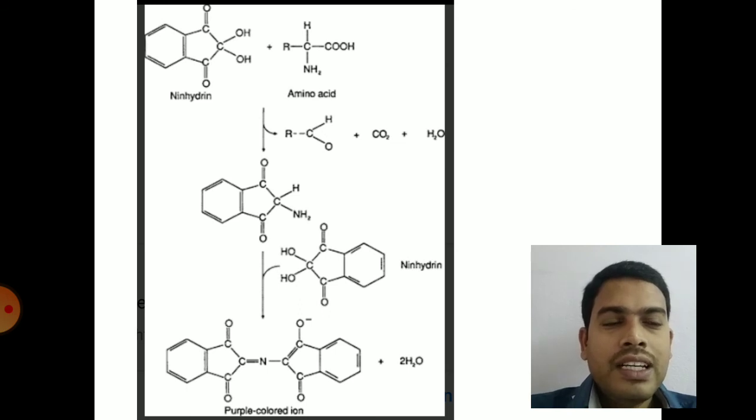So ninhydrin is especially used for the identification of amino acids by paper chromatography, and it is also a confirmation test for identification of amino acids during biochemical experiments. So two molecules of ninhydrin will interact with an amino acid to form Ruhemann's purple color complex. This is the ninhydrin reaction, which is used for the identification of amino acids.